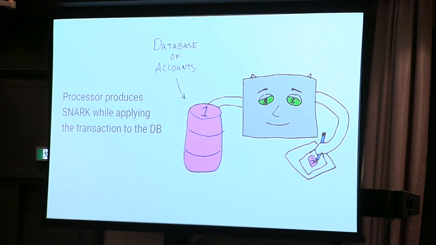Oh, I kind of screwed up my transitions. This is now the database of accounts. Before it was a blockchain. Last night I realized that I used the same icon for both, and I was going to change it, but it was late, so I hope it's okay. We can remember that this is a database now. This isn't a blockchain. It's just the current state. Does that make sense to everyone? Okay, cool.